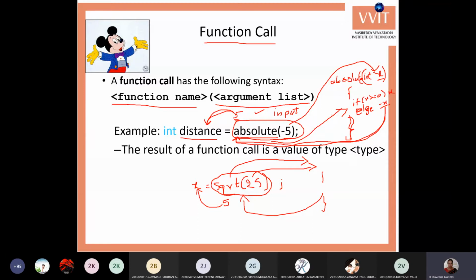The values given in the function call are stored in the parameters of the function and are used in the function.